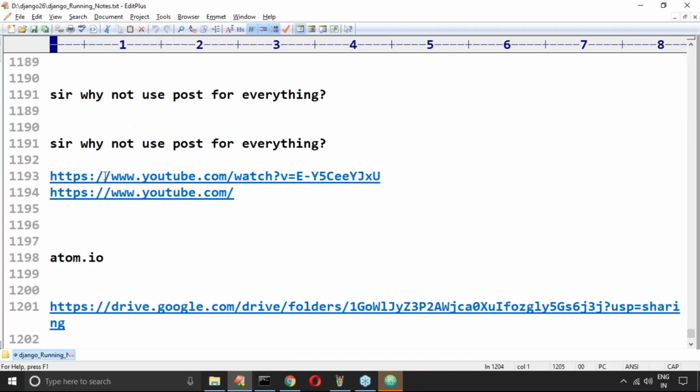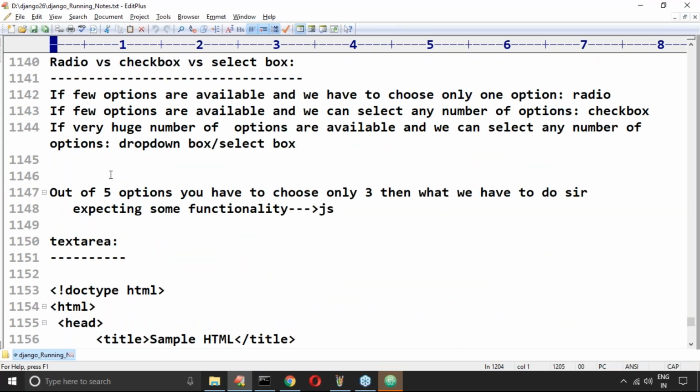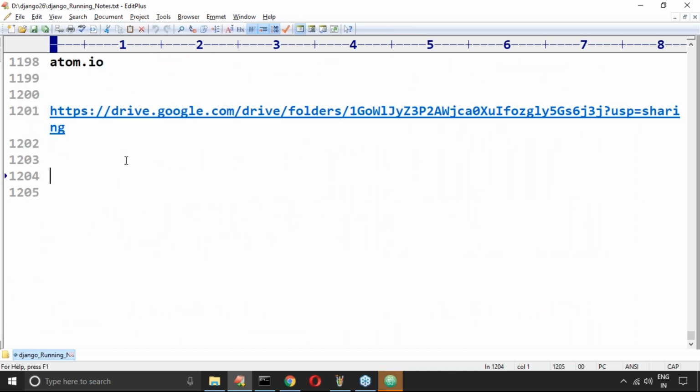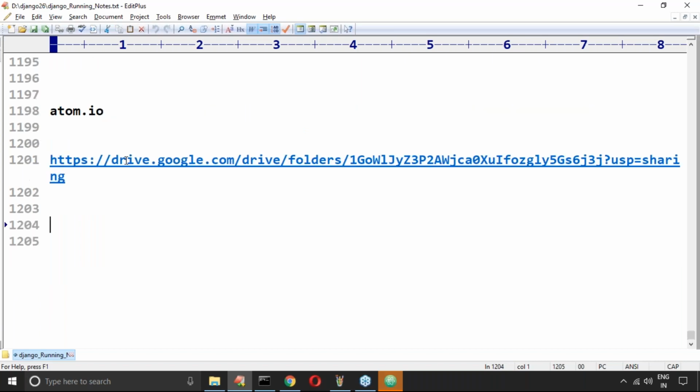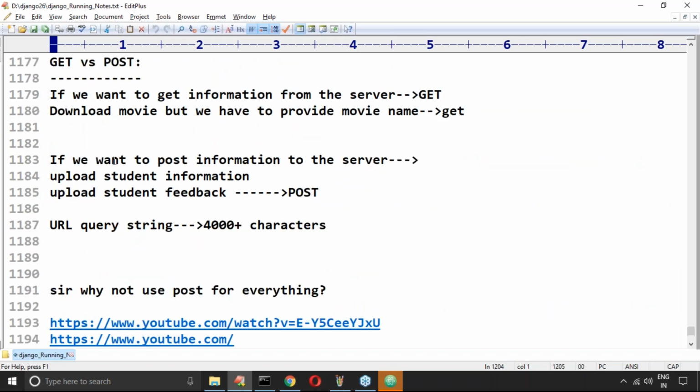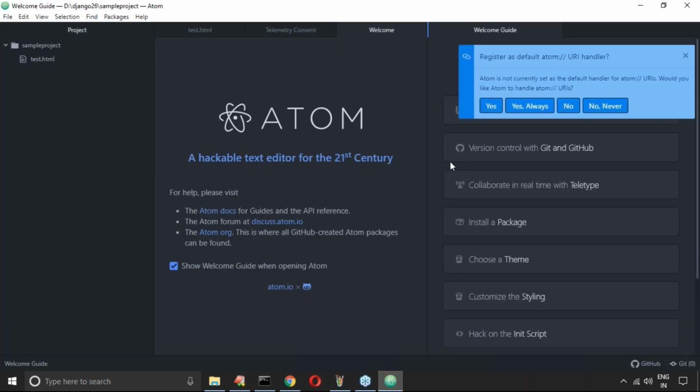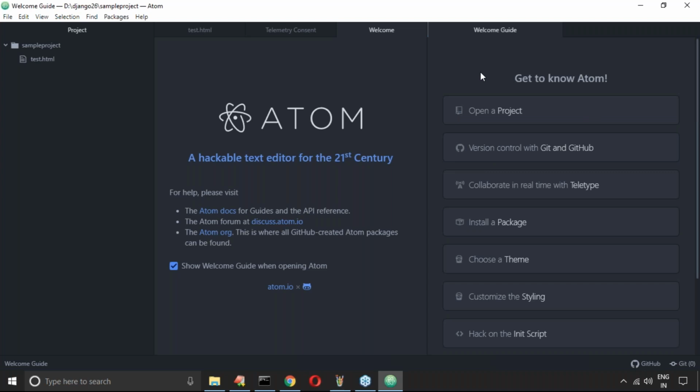We covered very clearly what HTML is, how you can define forms, how you can create tables, lists, radio buttons, checkboxes, everything we covered. Next, what is the next topic we have to talk about? I hope I told you how you can install Atom. It's a very easy thing, very easy for you, so you are not required to worry. It's very easy to use.